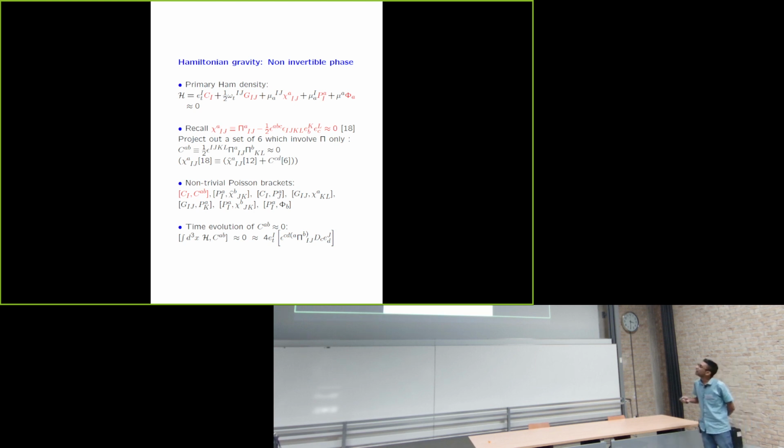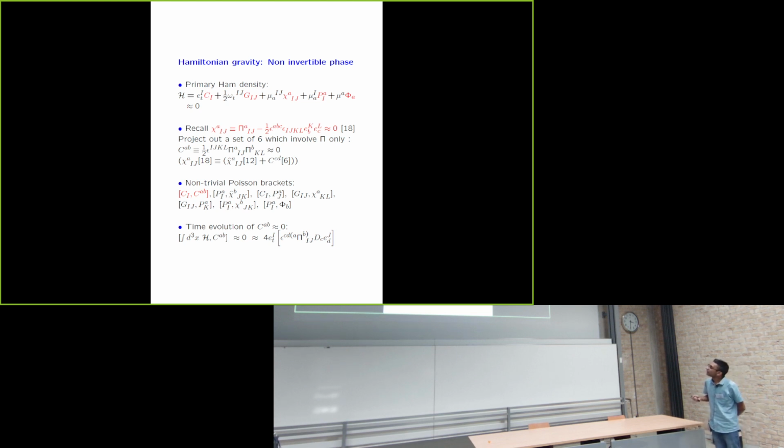Now for later convenience, one can rewrite these 18 primary constraints between omega momenta and E coordinates, and they can be broken up into 12 and 6. The 6 of them can be written so that only these pi's appear but not these coordinate e's, and then the rest. That has an advantage which I can't go into the detail of, but one can discuss later what the advantage is.